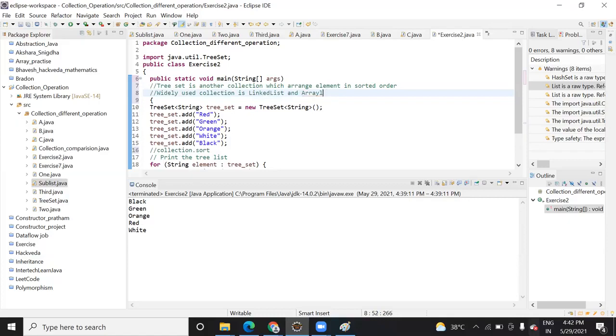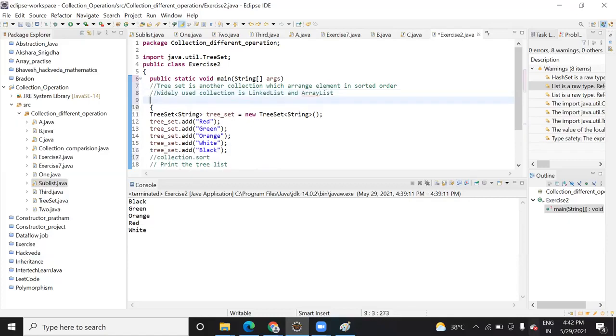Why is it so? Because they allow duplicate elements. Suppose you want to save more than a single element, because normally when you work with a set of data, duplicate elements will occur, right? Like when you play cards, there are also duplicate elements, 1 to 13, right? So in case you want to work with duplicate elements, you need both of these two.